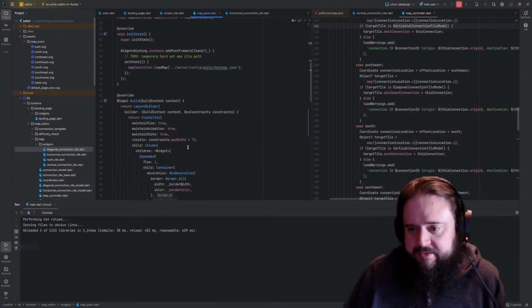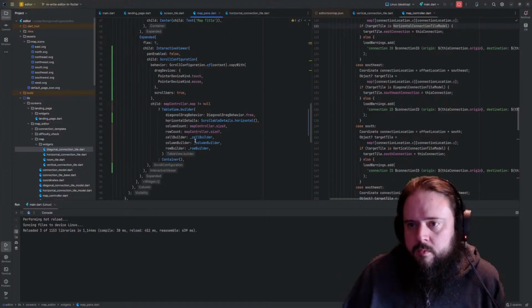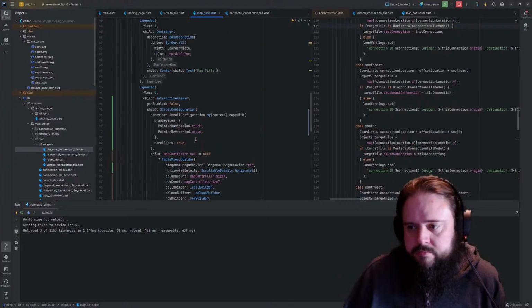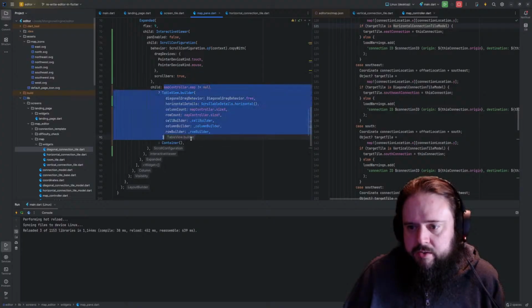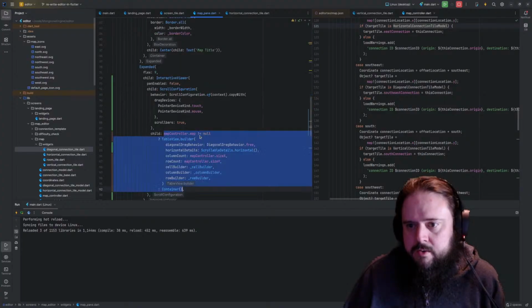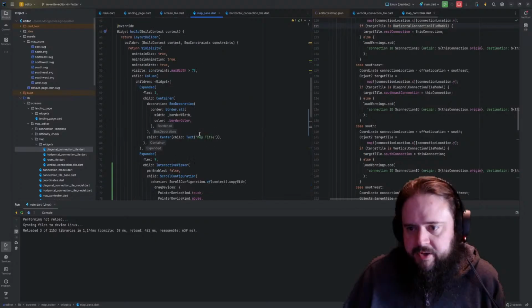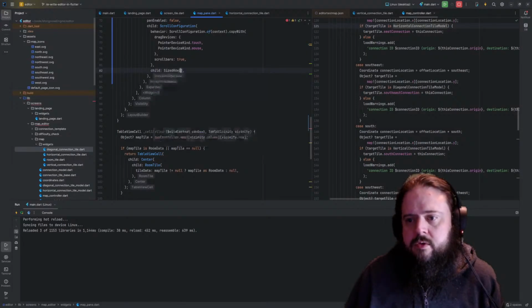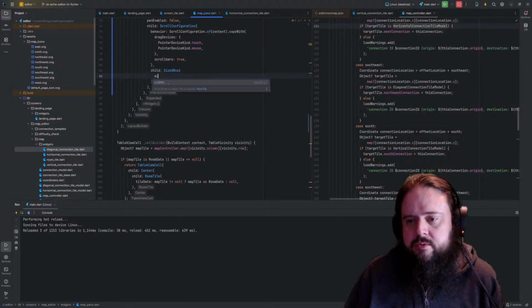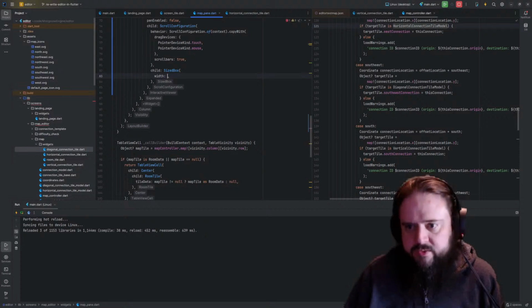If we say that, and then we end up chucking all of this, right? Yes. And instead, we have a sized box. The width is going to be,